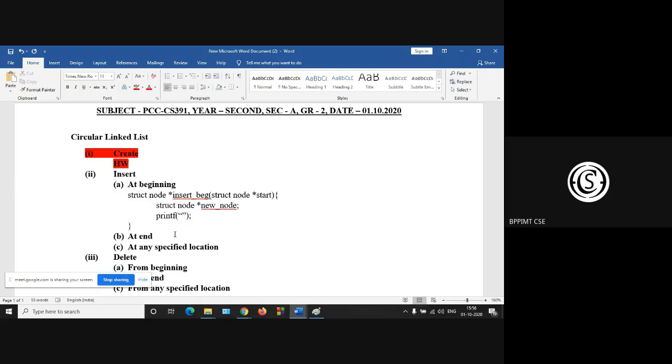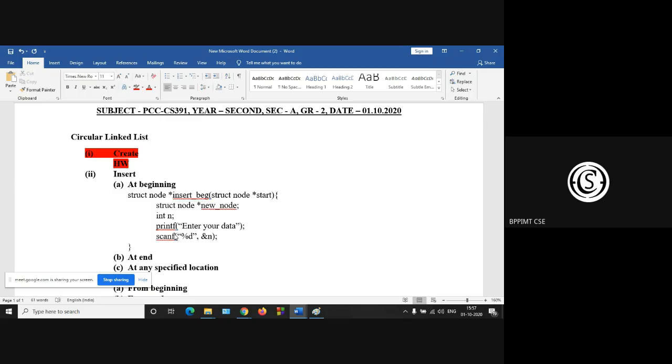And in our example, the data is 5. Enter your data. So we have to use scanf and %d and %n. So we have to declare this n. So int n.